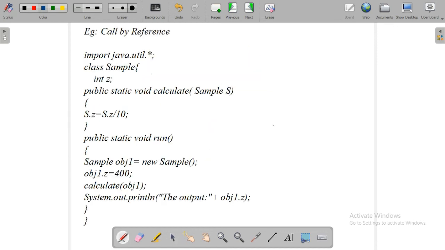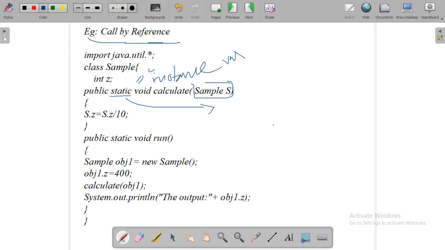Then the next example is for call by reference. Okay, the second example, call by reference, class Sample. This int is declared inside the class, that's why it is an instance variable. Then we are creating a class method; static is known as the static method, that is known as a class method.